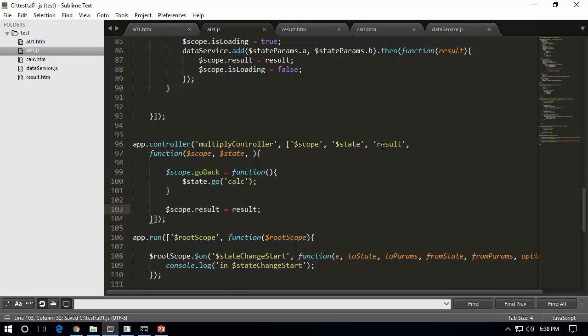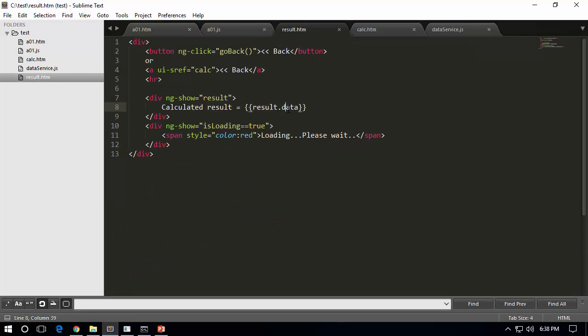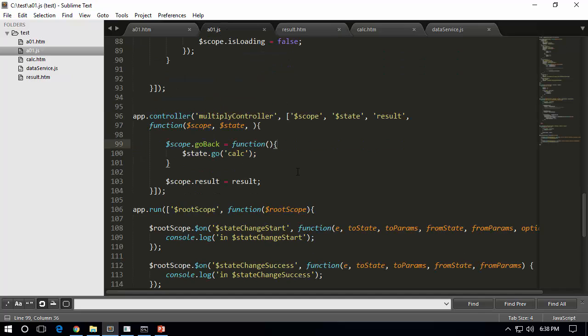So whatever data I receive from the AJAX results is going to be directly assigned to our scope.result, and in that way we are going to fetch the result and finally have it stored and retrieved as part of our result.html. Okay, so it looks like the multiply controller is already done, but one thing,